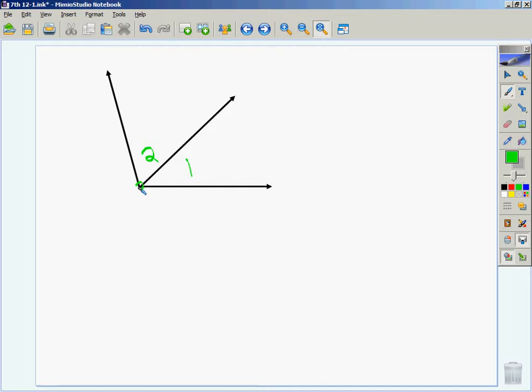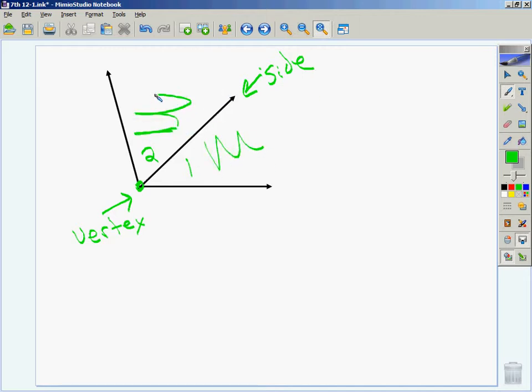They share a vertex, a point where they come together. They share a side, but they don't share any of their inside. They have to share a side. They have to share a vertex. That's what makes these